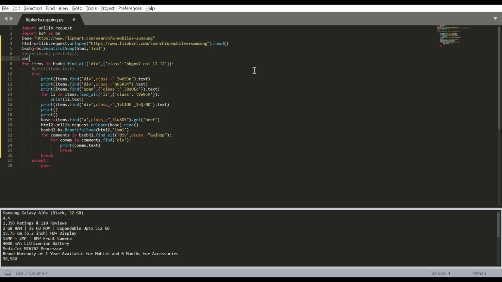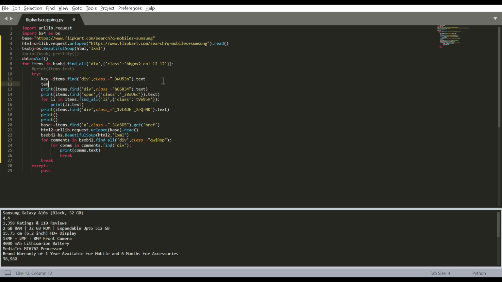I don't know, I've thought so much, and the end product is this. As you can see here, this is the title. I guess this was the title of the product. So we'll be storing the title as a key value. So the key equals this. We have to declare a temporary dictionary here.